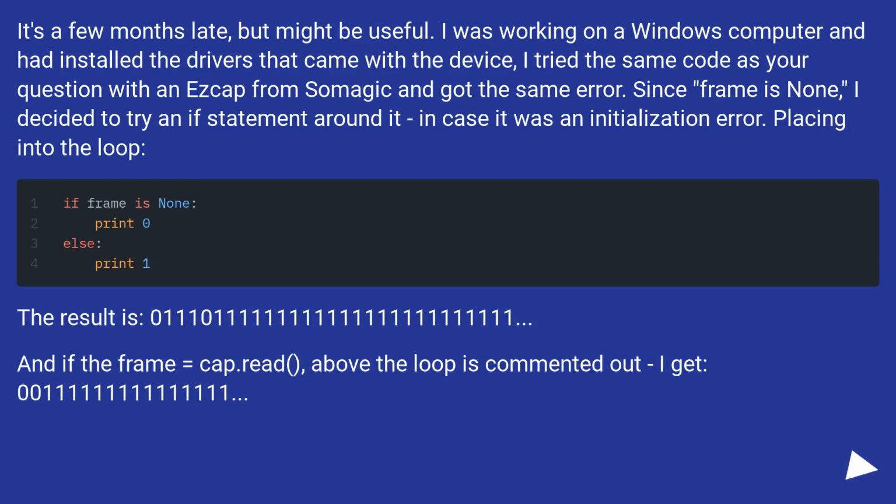I was working on a Windows computer and had installed the drivers that came with the device. I tried the same code as in your question with an iScap from Somagic and got the same error. Since frame is None, I decided to try an if statement around it, in case it was an initialization error. Placing it into the loop, the result is: